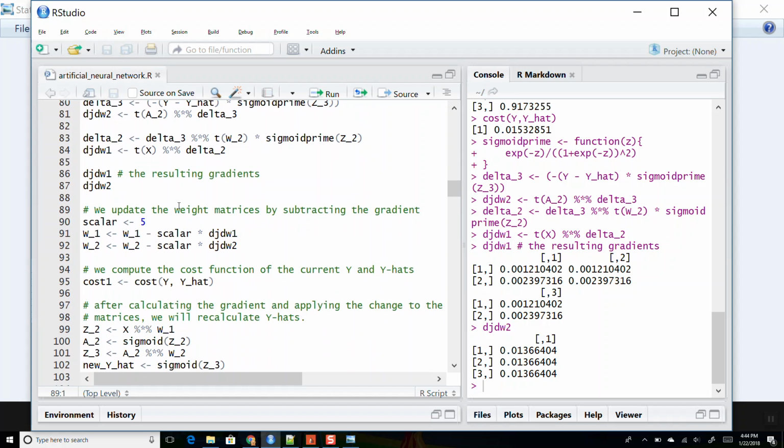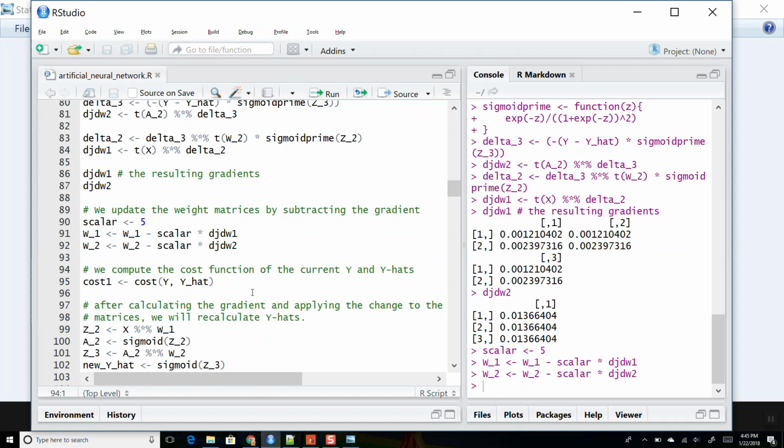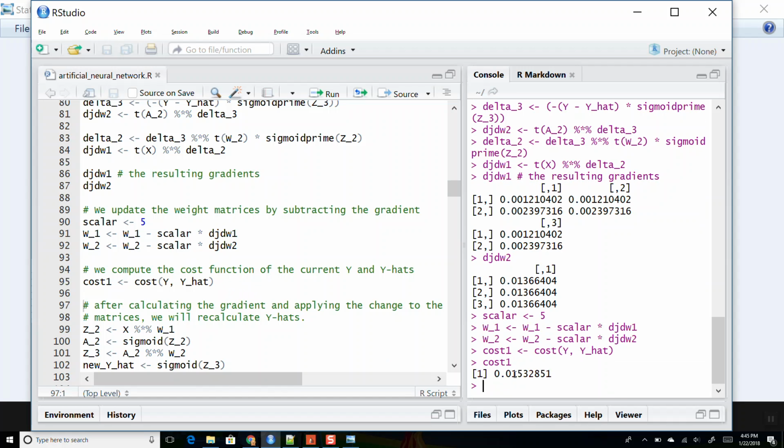Then for the gradient descent part, I pick an arbitrary scalar, and the next values will be our current values minus some scalar times the gradient. We do this for W1, and we do the same thing for W2. We take our current values minus some scalar times the gradient to take a step downhill. We do it for both sets of weights. And we can see the current cost that we have right now before we update it. This is our cost,